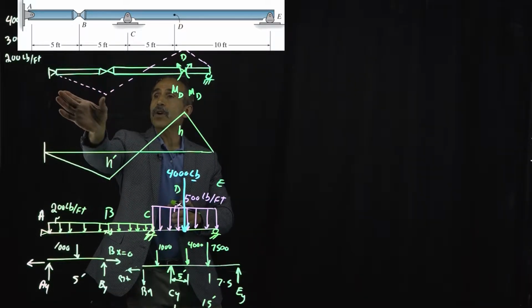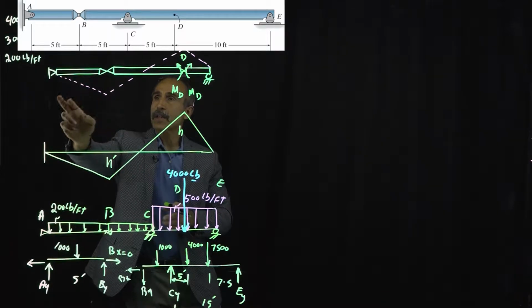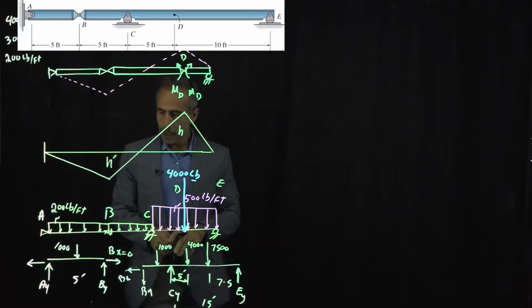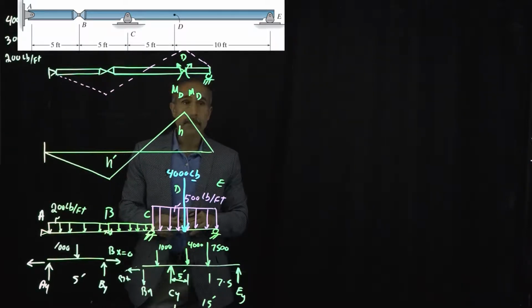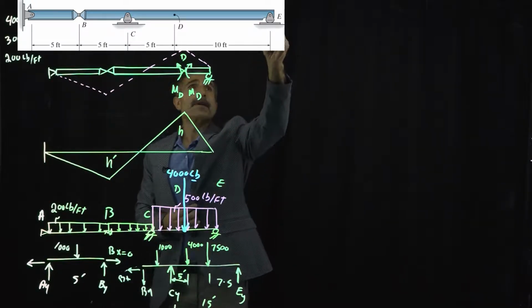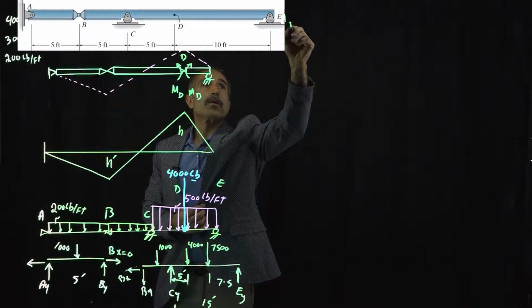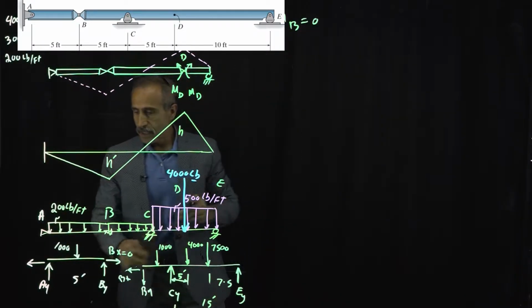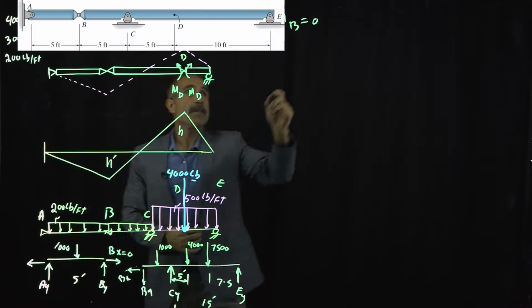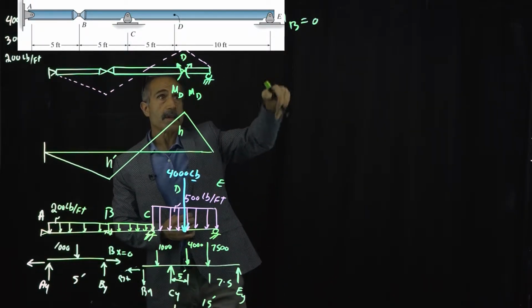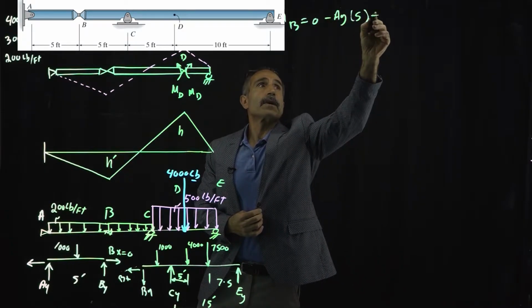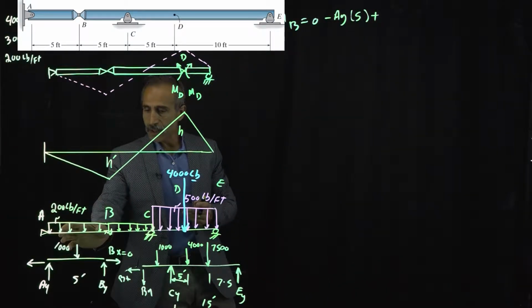It's easier for us to calculate it here because we have two reactions, and it'd be easier if we take a moment about point B, so we can calculate the reaction BY. So we're going to take a moment. Summation of moment about point B is equal to 0. Counterclockwise is positive. In this area, we have AY multiplied by 5, and that's going to be negative, so minus AY times 5,